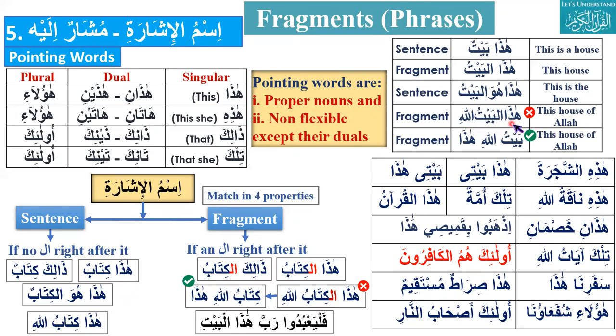This is grammatically wrong. Haza has no problem. The problem is with al Baytullahi, mudaf mudaf ilayh. We are violating the grammar rule that it should not have al. That's why haza should go at the end, to avoid the violation, so that we fulfil all the rules of mudaf mudaf ilayh. Haza is doing nothing wrong here. Similarly, hazal kitabu is a fragment when all 4 properties match. Haza is a proper noun. If al kitabu is not proper, then that is a sentence. Okay, over to you, Doctor. Thank you.